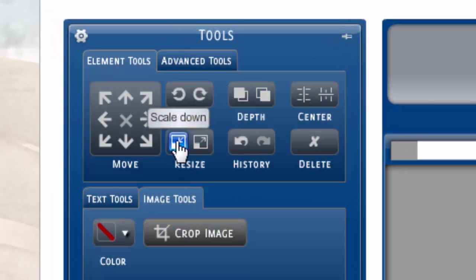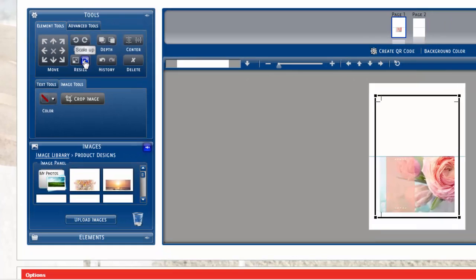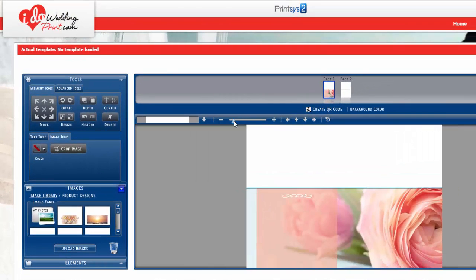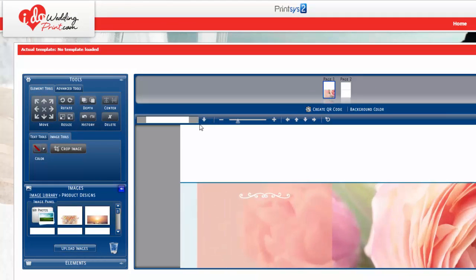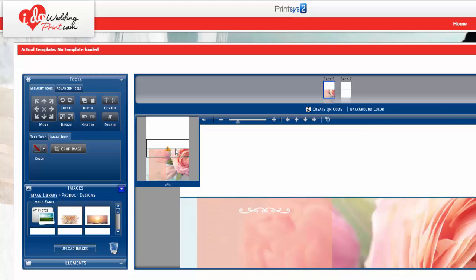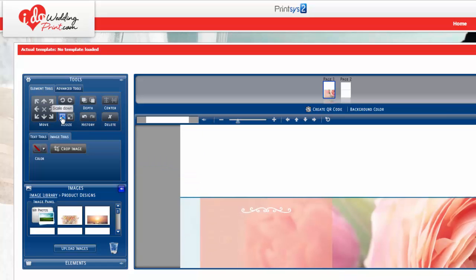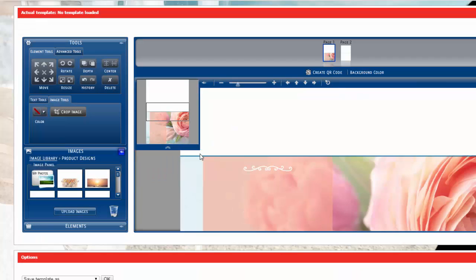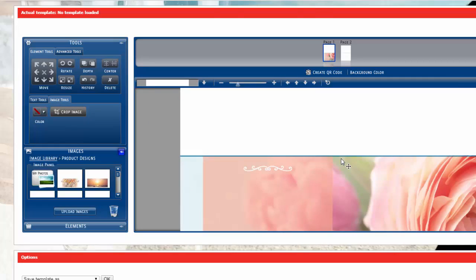Resize. You can scale down, scale up. So you just hit scale up, and you'll notice it scales right up to the line. However, I've gone too big. You'll see the hazard sign saying it's a little too big, so lower it, and there. Now you can blow it up with the slider. You can blow it up using the plus sign. And over here, you click on that, and then you can go up and down. I'm still a little too big, so I'm going to reduce it a bit more until I see that the hazard goes away. Okay. Now you'll notice on an invitation, you look at your score line,